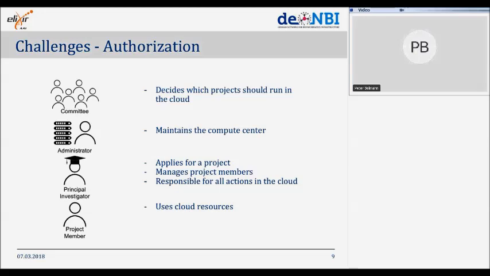We have a project responsible, so a principal investigator who applies for a project and also who can add and remove project members, and who's responsible for all actions in the cloud. And finally, the project member who works in the cloud project. So we ask ourselves, how do we implement those user roles in the deNBI cloud?